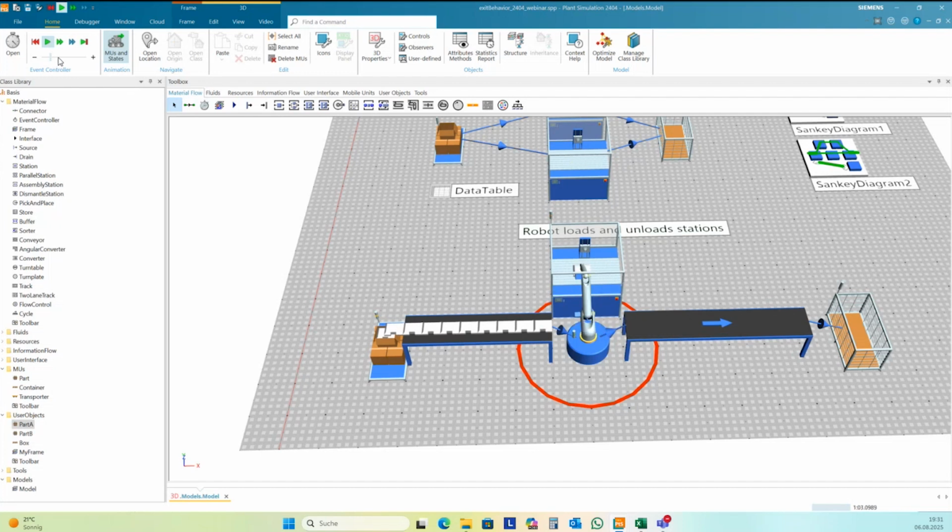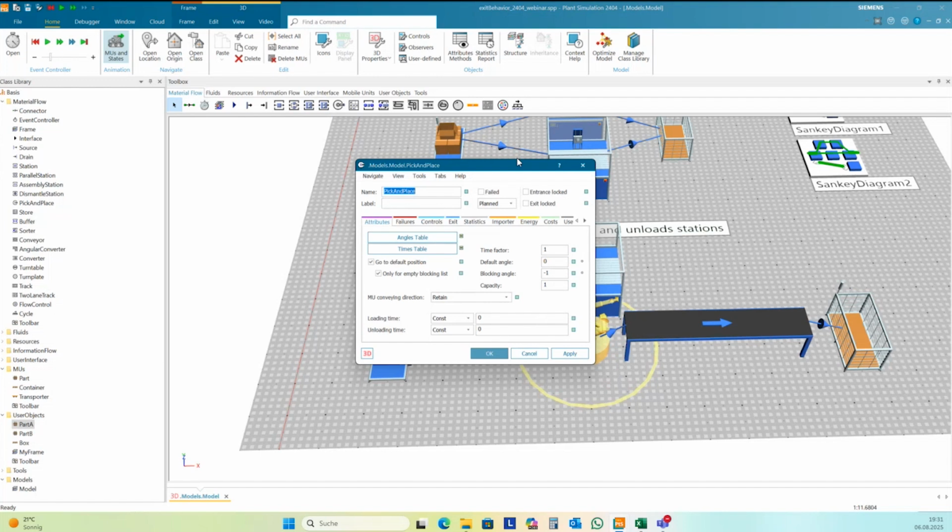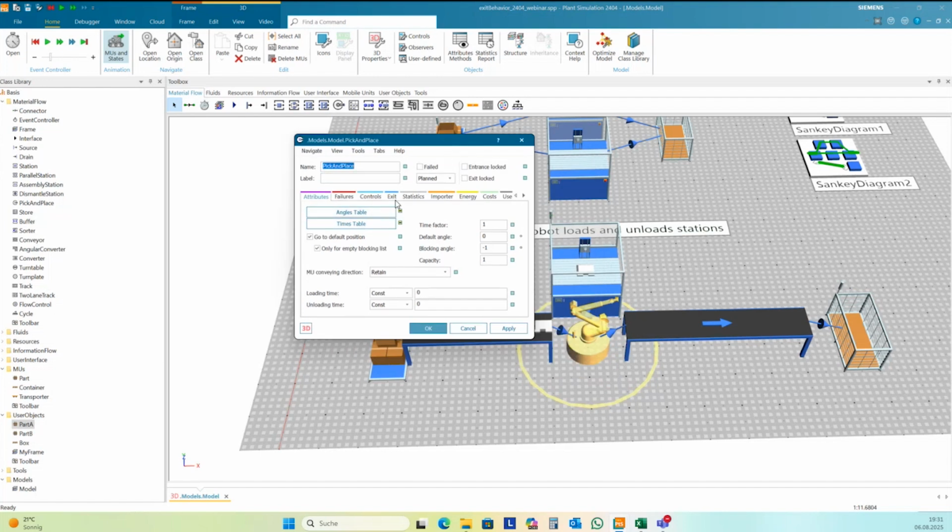Okay, sometimes it moves also one part here to the next conveyor. And so to be safe, we can force this.